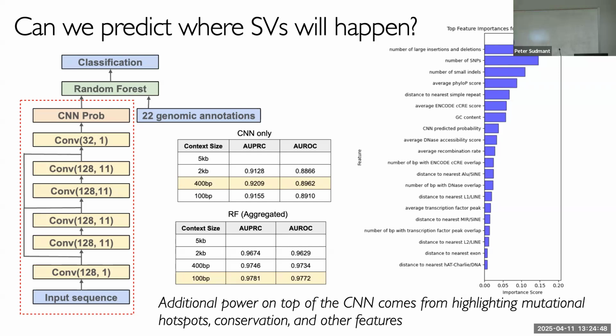But we actually have the probability at a single base level, because you can slide around it. I'm trying to make a meta plot of this across all known structural variants, but you can see it peaks. It doesn't peak right in the middle, it peaks right beside, but it is working. It is zooming in on where these SVs happen.